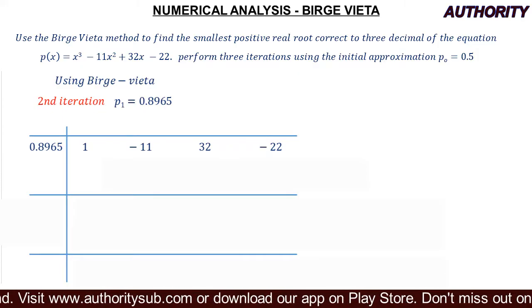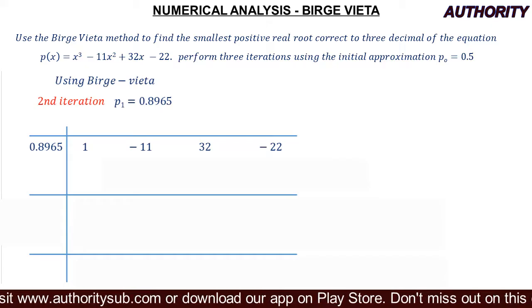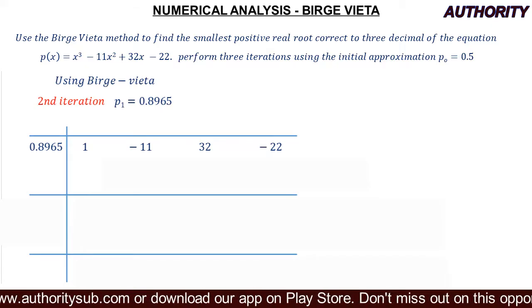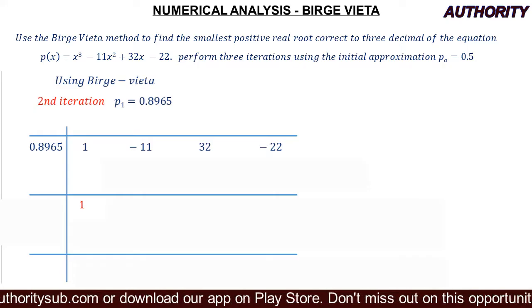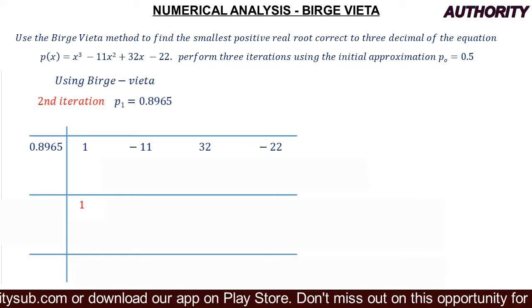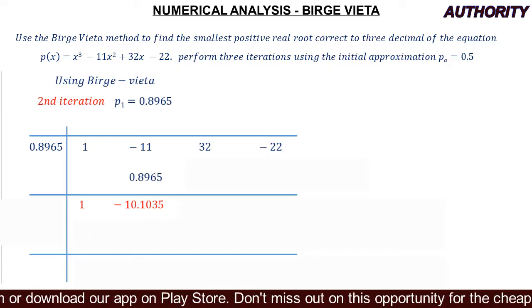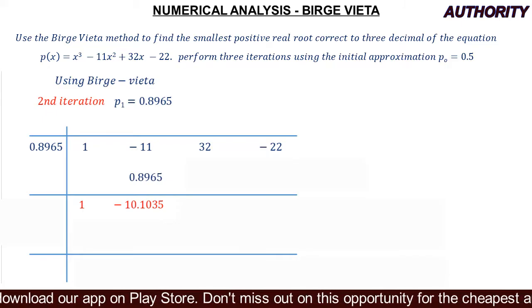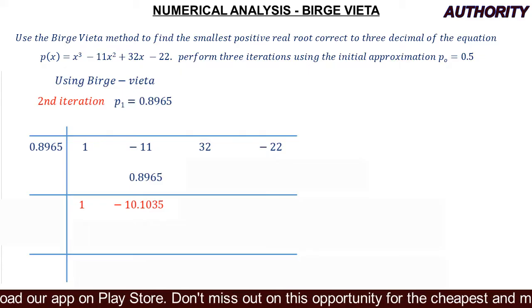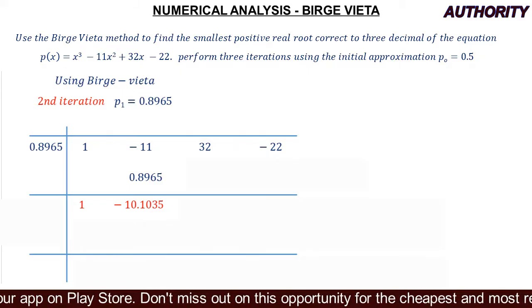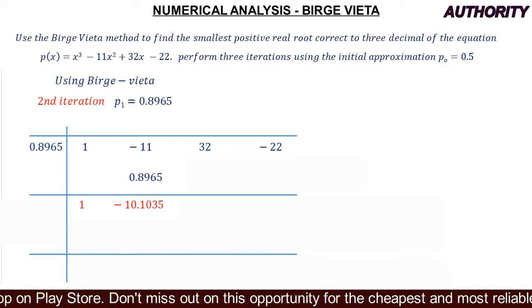Then we perform the operation. Look at the table. We bring down 1. This multiplied by P1 gives us 0.8965. Now we have minus 11 plus this 0.8965, which gives us